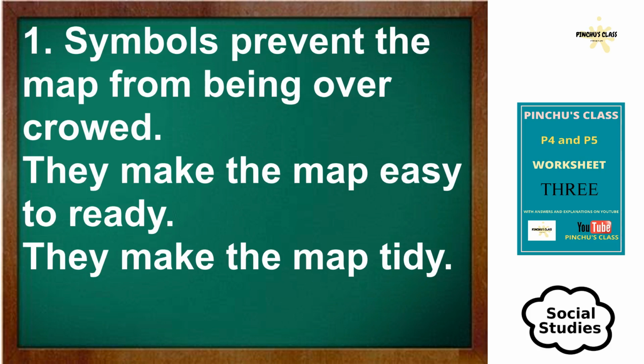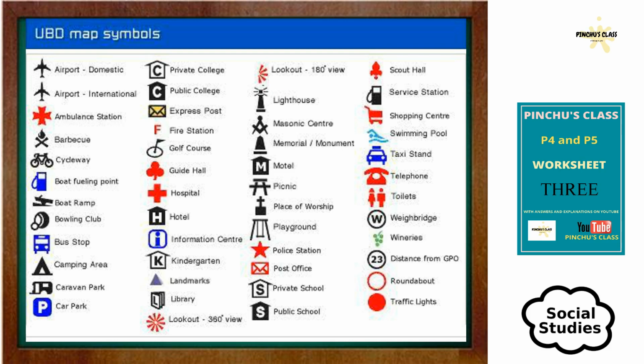Number 1, symbols used. Why are symbols used on a map instead of real objects? Symbols prevent the map from being overcrowded. Yes, and another thing, they make the map tidy. Yes, you will understand the map easily because of the organization and the use of the symbols. They make map reading easy. Then number 2,